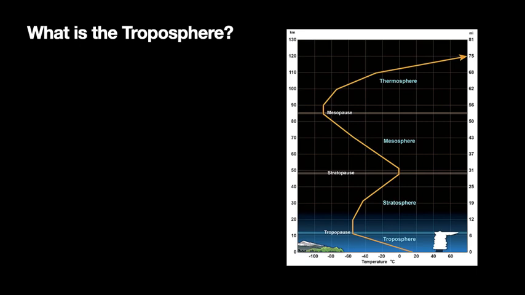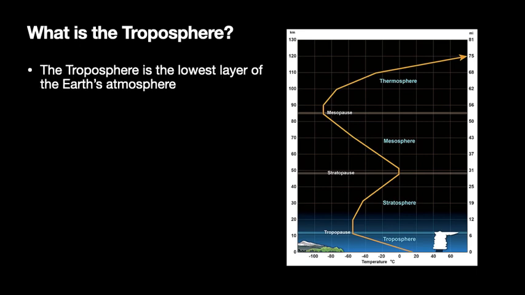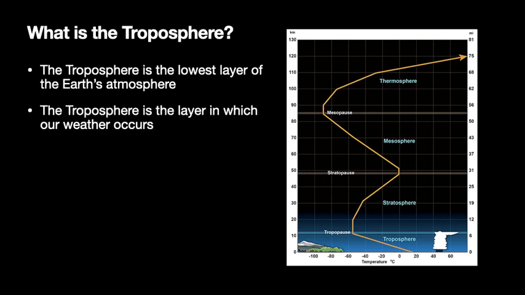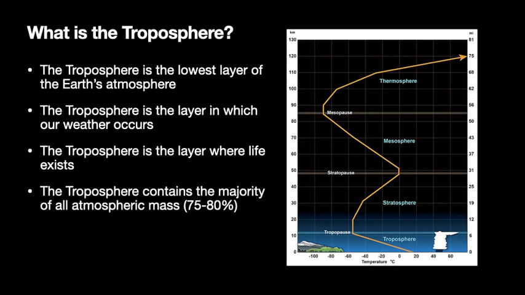Well, what is the troposphere? The troposphere is the lowest layer of the Earth's atmosphere, as illustrated in this diagram. The troposphere is the layer where weather occurs. The troposphere is the layer where all life exists. The troposphere contains the majority